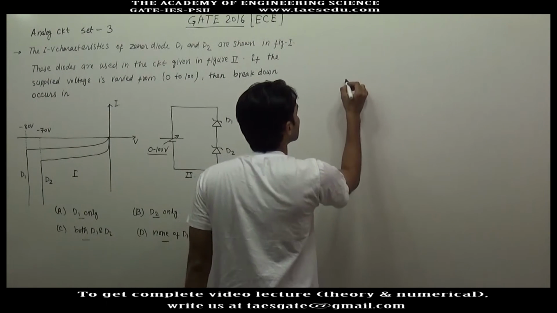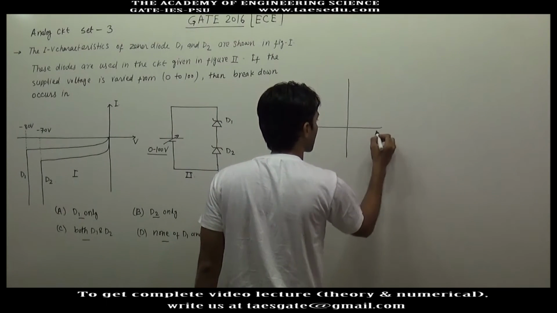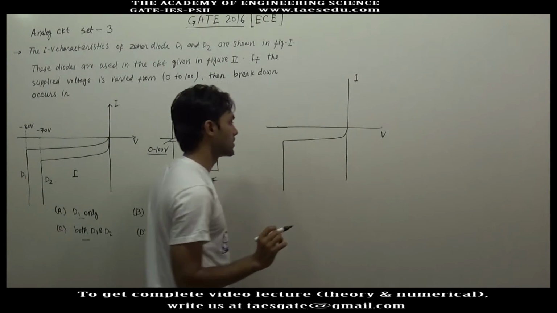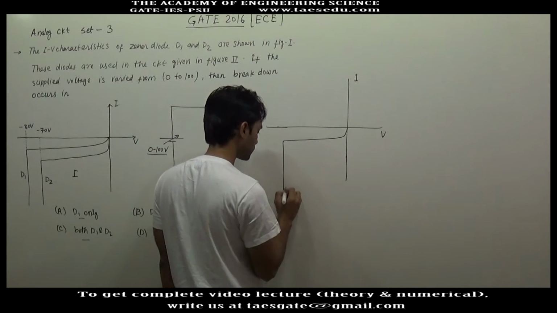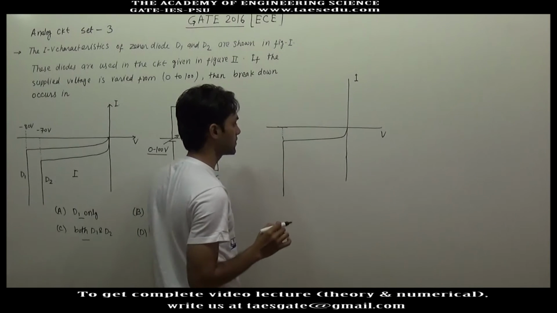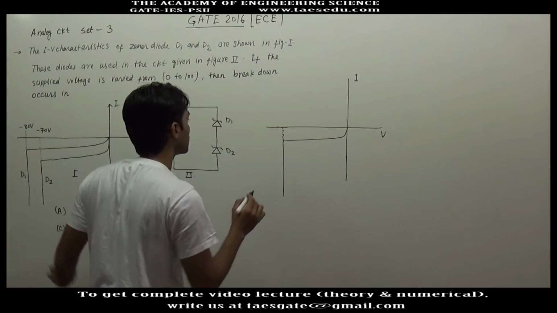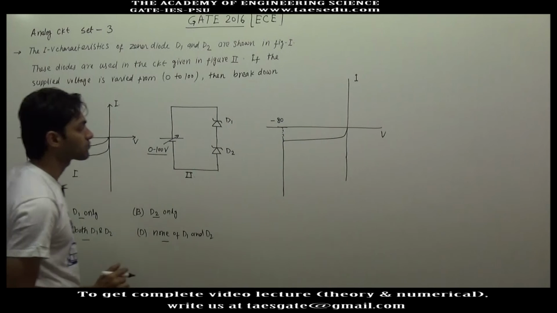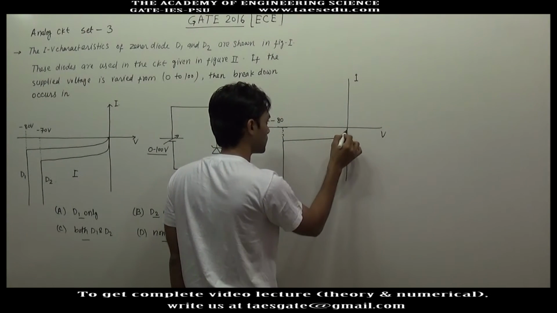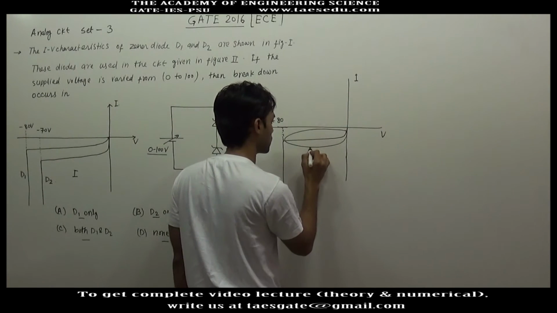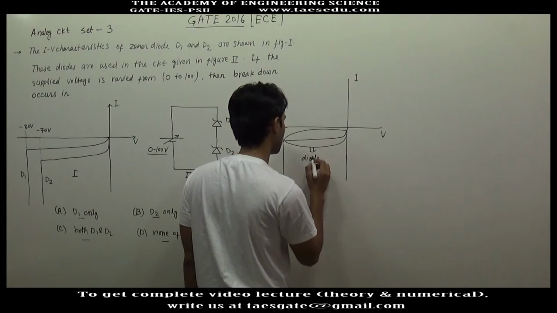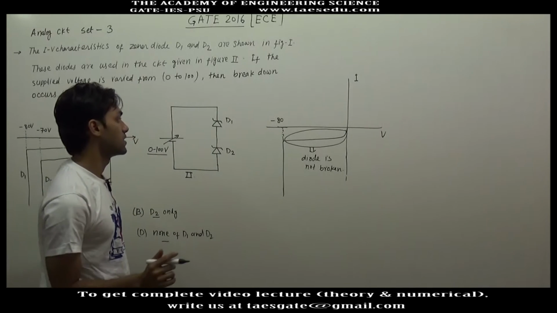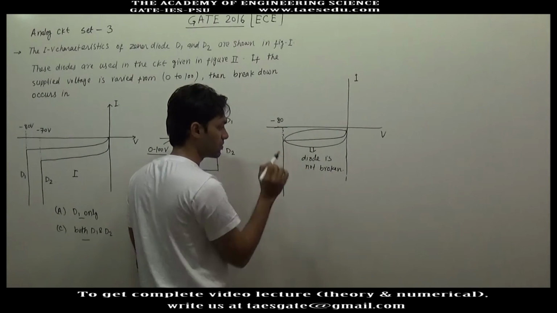So let's say this is the current voltage characteristic. This is voltage and this is current. So let us first understand the meaning of current voltage characteristic. Let's say this is given for minus 80 volt for diode D1. It means in this region the diode will not be broken down. Diode is not broken, and if voltage across this diode is more than 80 volt in reverse bias, this will be broken down, and